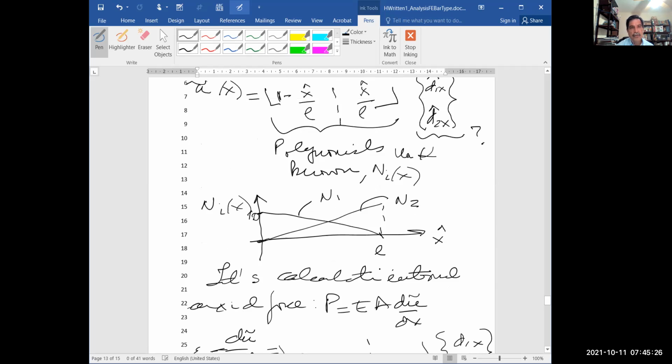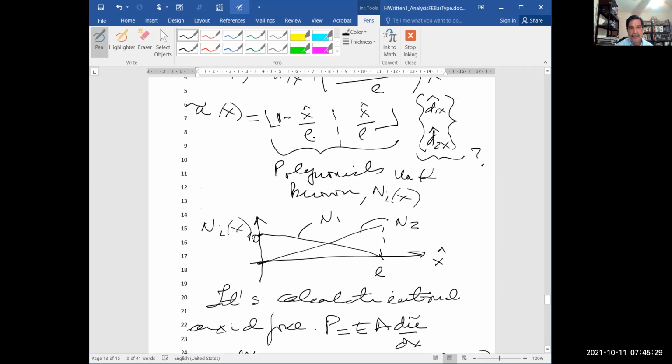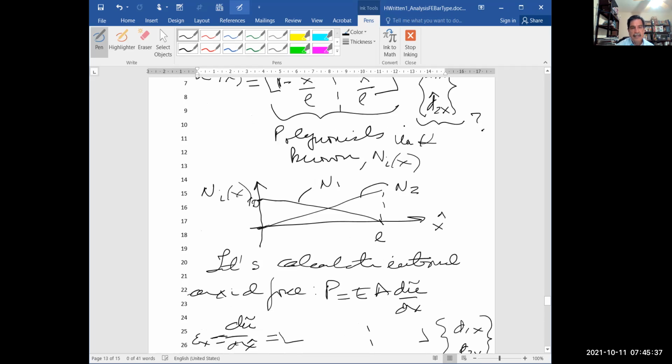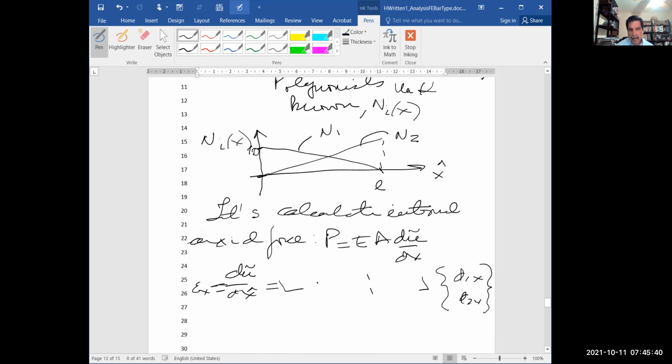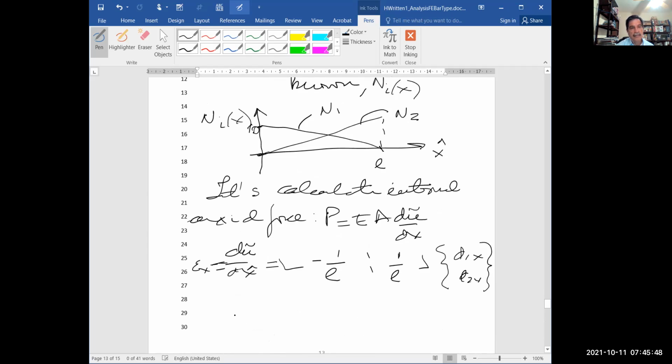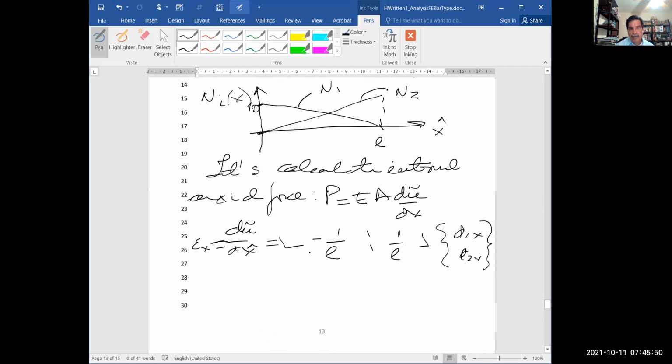You see that you differentiate the first expression, and you get 1 over L negative, and in the other case, you get 1 over L. So this is equal to minus 1 over L, and this is 1 over L. We can make the product, and we can express this as D2